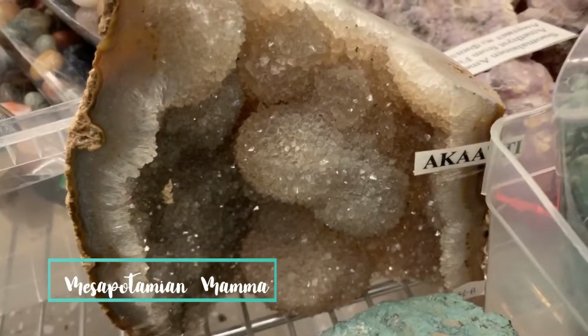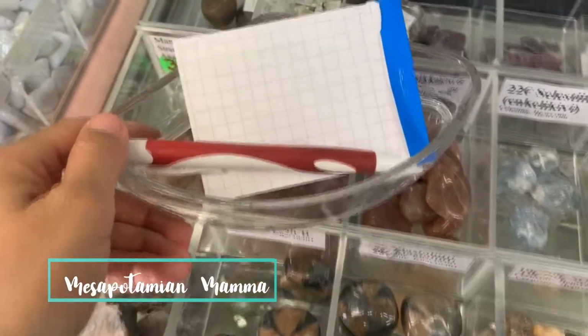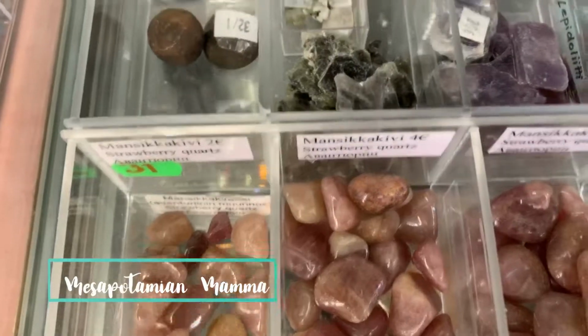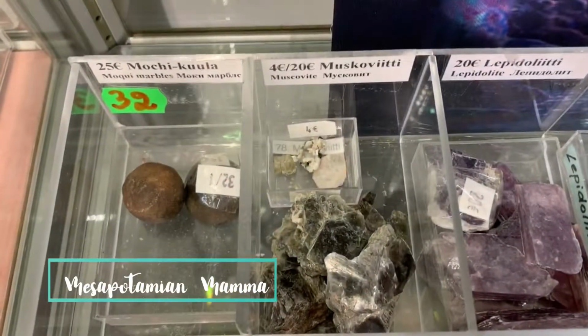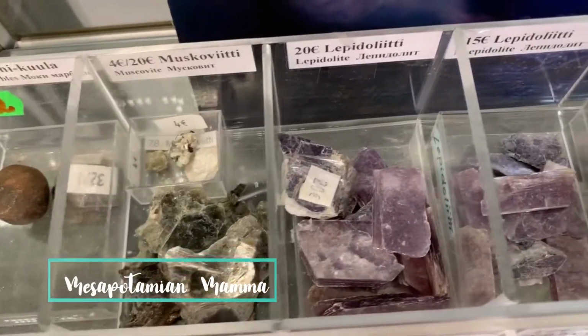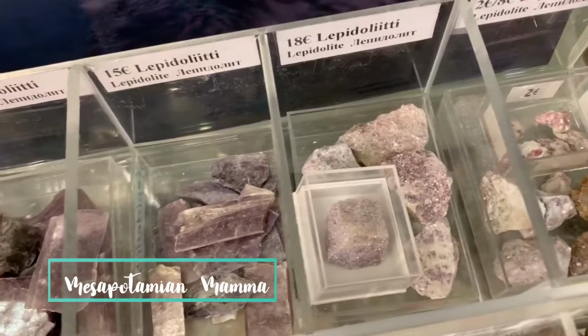So the night before, I researched lapis lazuli, and I was extremely interested in it, also because of history and its strong origin in Mesopotamia as well as ancient Egypt. So I was really drawn to it from that side, and I went in and I asked for it, and as soon as I actually just touched the lapis lazuli, just put it on the palm of my hand,